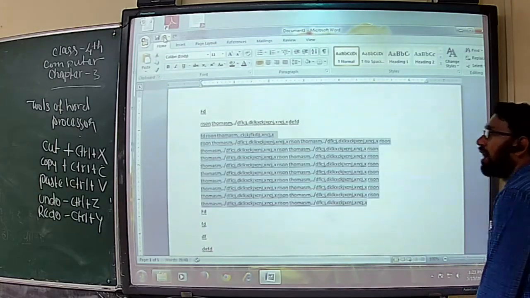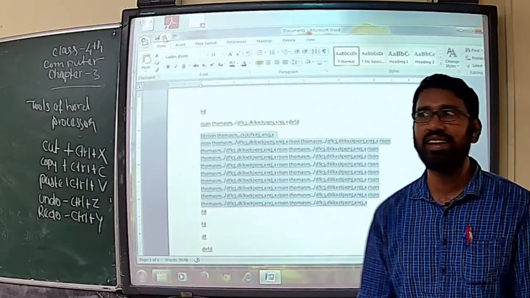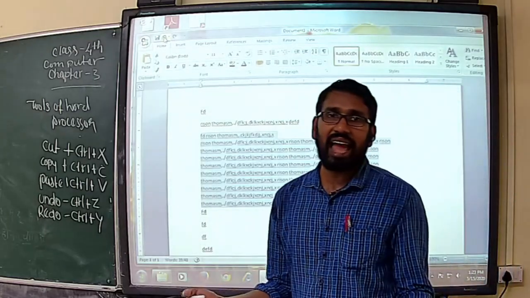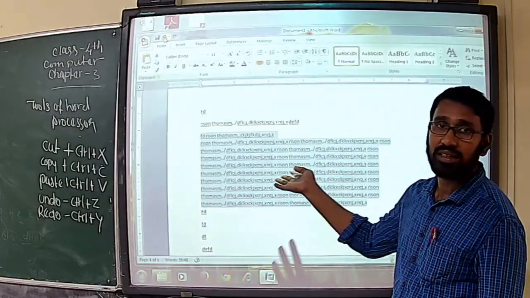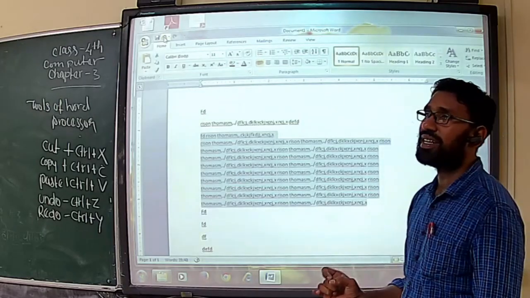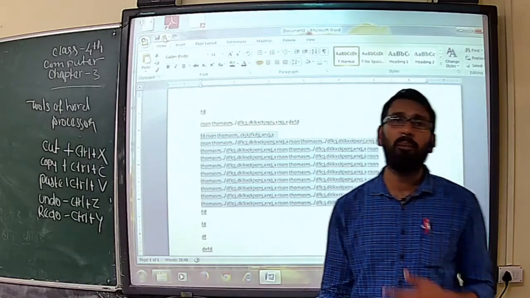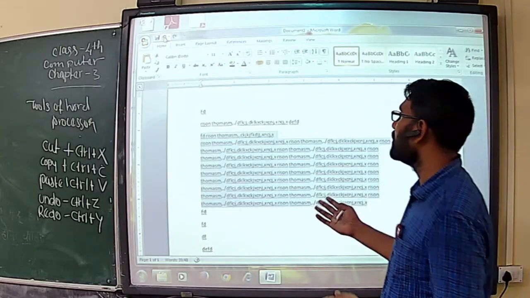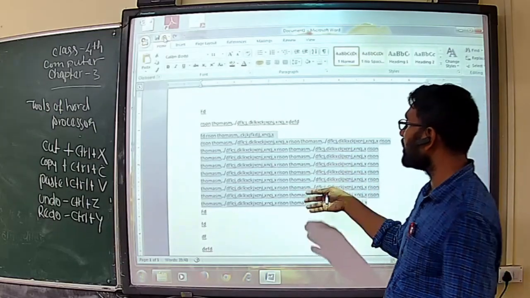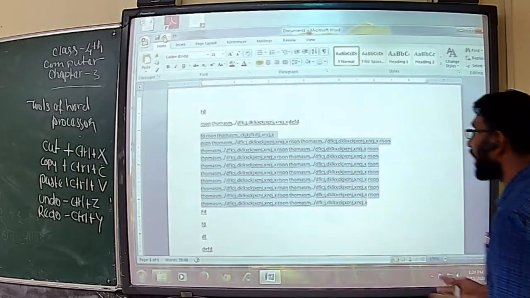Oh God, all the text which I deleted comes back. With a simple press, all the text which I deleted accidentally gets back. Clear? So Ctrl plus Z means undo the action which we have done, to get it back. We deleted the text, then I need to get this text backward, and it gets backward with the help of undo.